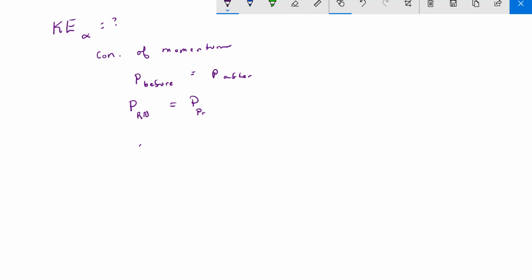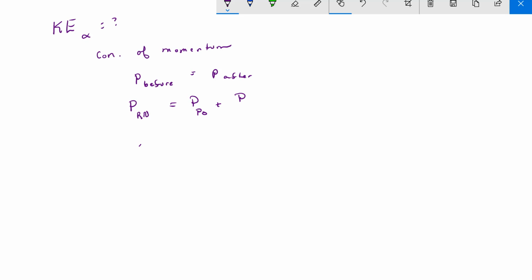Now we go to the fun thing of finding the kinetic energy. So what is the kinetic energy of the alpha particle? And we're going to start with the alpha particle because it's smallest and easiest. We're going to use conservation of momentum and conservation of energy to solve this. Conservation of momentum is the momentum before is equal to the momentum afterwards. So the momentum of the radon in the beginning is equal to the momentum of the polonium and alpha particle